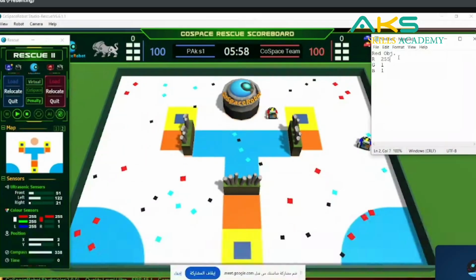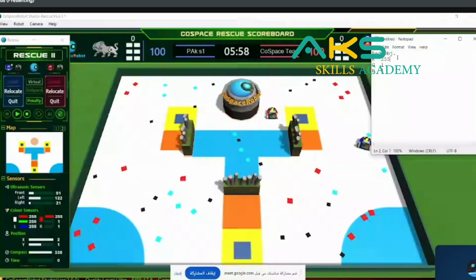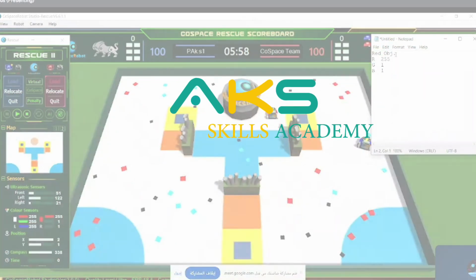I'm going to add a minimum number and a maximum number that I will accept. I will add a range to tell the sensor that if you detect any number between those 2 numbers, it's okay, it's red. Okay, how do we make the range? I'm going to make something called